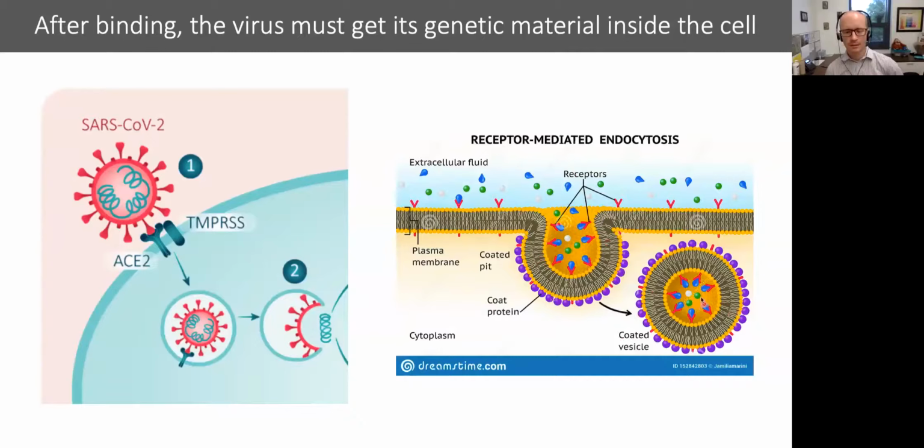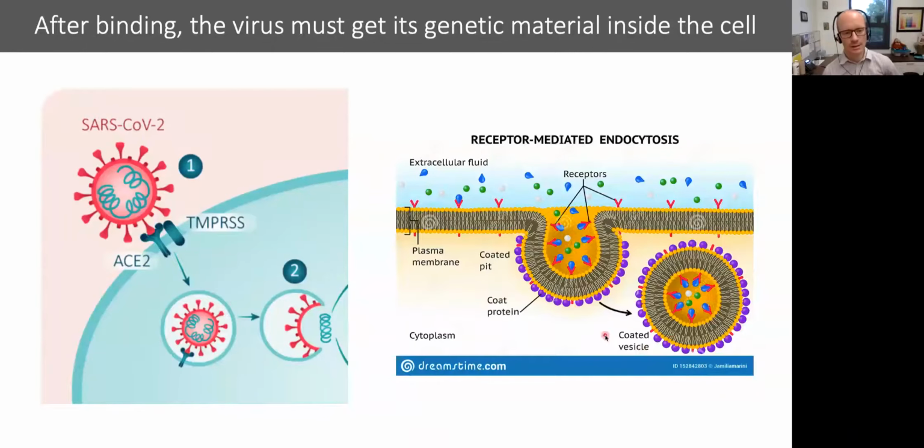Inside the endosome, there are these little pumps that basically make it more acidic, so they lower the pH. At the same time, there are other proteins called proteases that are delivered to the endosome, and they chop up everything that's on the inside. So in many ways, you can think of the endosome as a tiny stomach inside the cell.